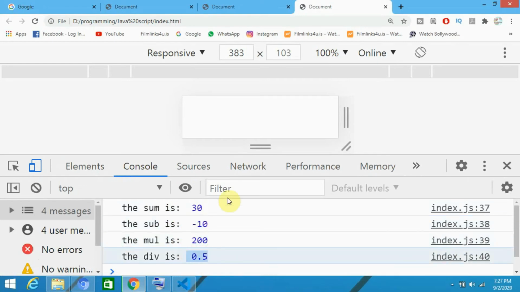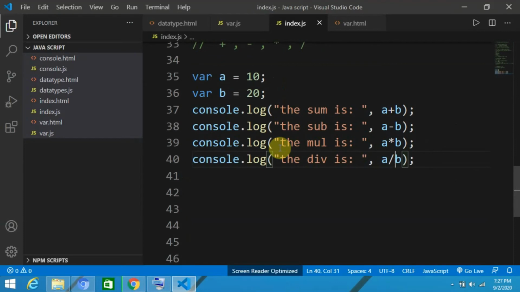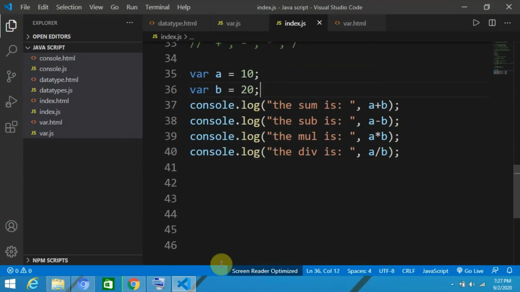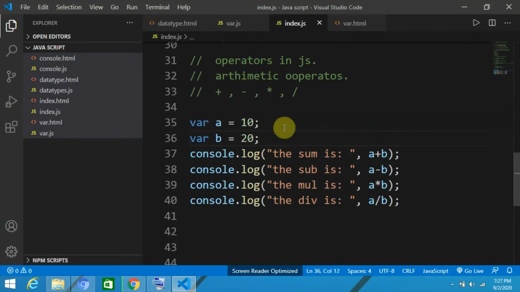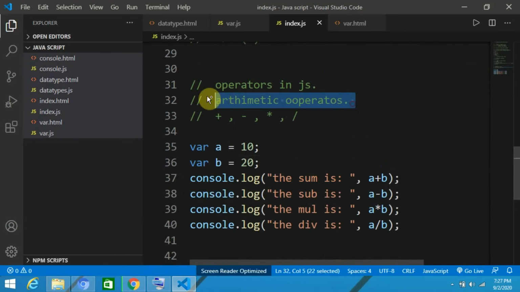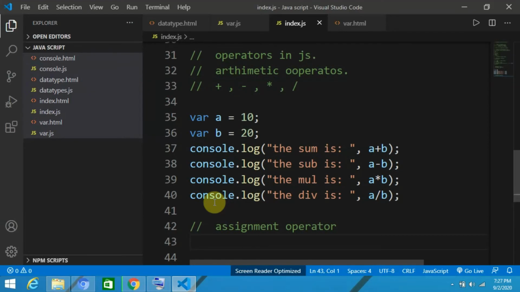Okay, this is the arithmetic operator. There is another one, and not just another one, there are many, so I'm just going to teach you two. These are the basics, so you will learn the basics of operators in JavaScript. This one is the first, the arithmetic operator, and next is the assignment operator. In the assignment operator we assign the values. This is the work of the assignment operator.